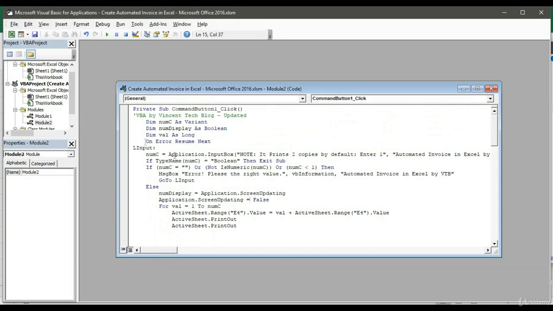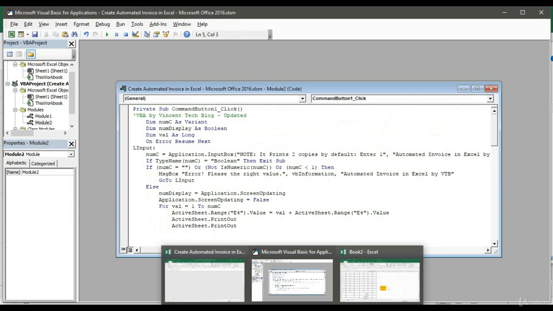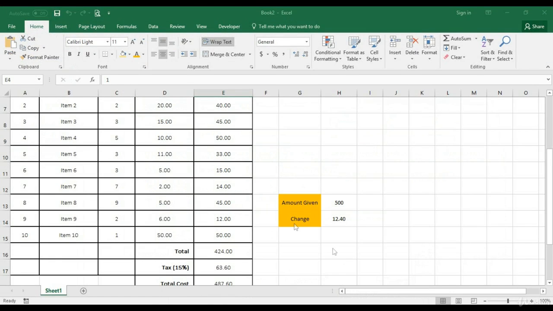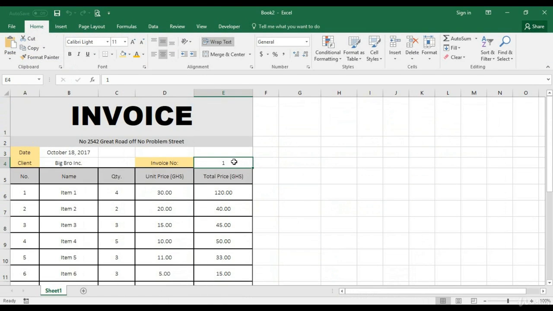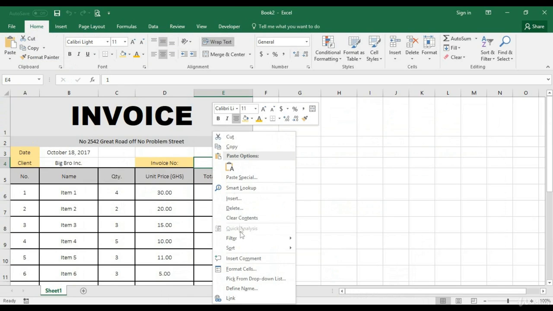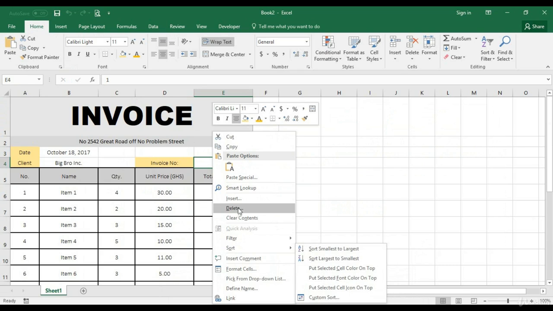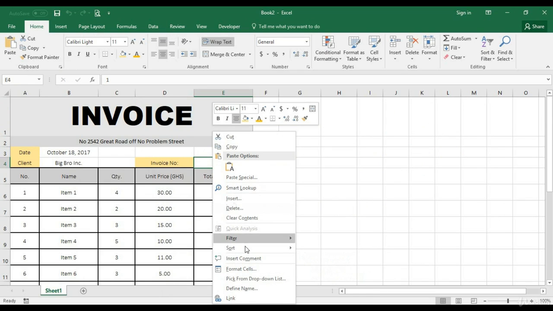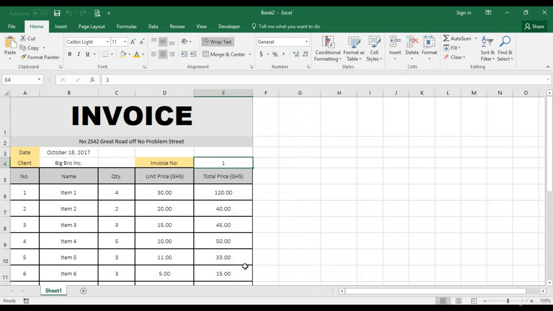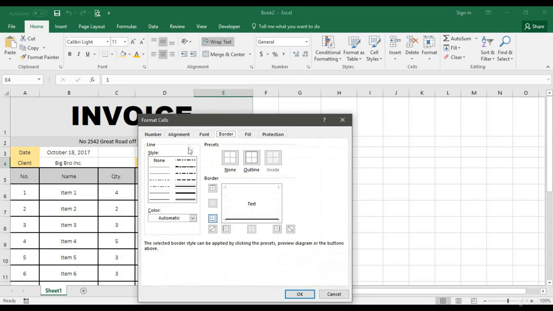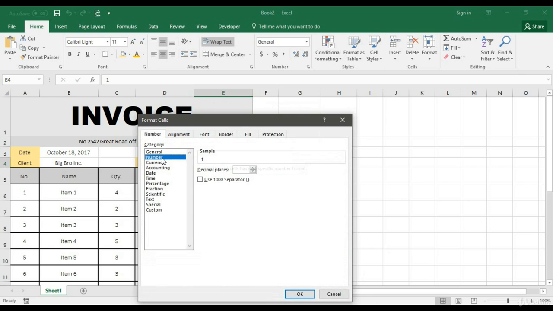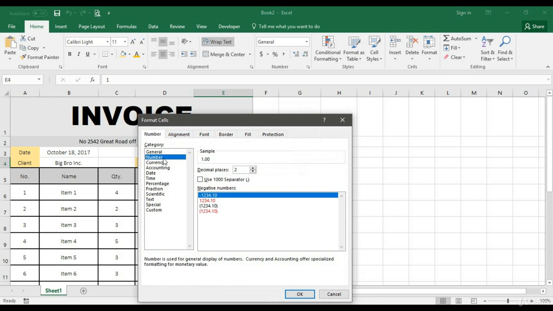But right now we don't want just 1. What do we do? If you don't want just 1, let's go back over to Excel to format that. Okay, you see it has updated our sheet to be 1. So I don't want this to happen. So I can right click on my cell, go for Format Cells. Then I go over to Number. Under the numbers, that's not what we want. We have